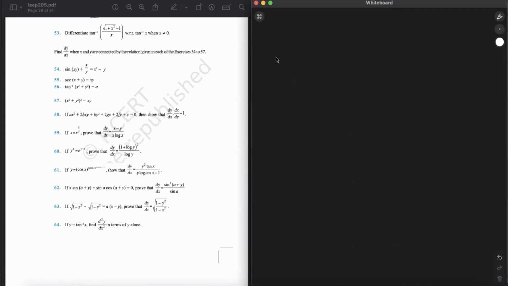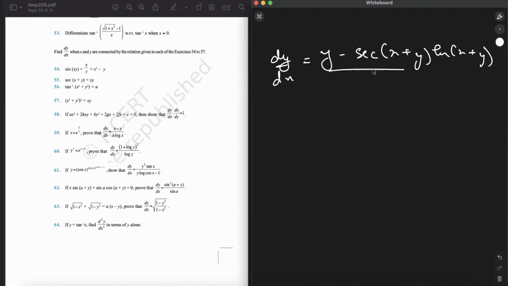ठीक है, तो dy by dx यहाँ से हम लोग को मिल चुका है. dy by dx is equal to y minus sec x plus y tan x plus y divided by sec x plus y tan x plus y minus x. ठीक है,